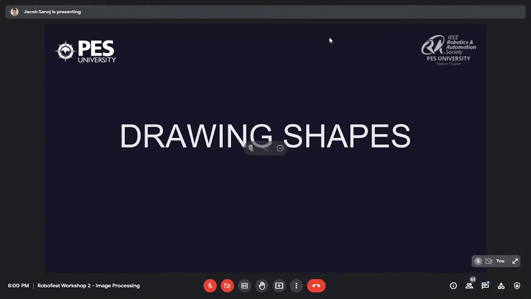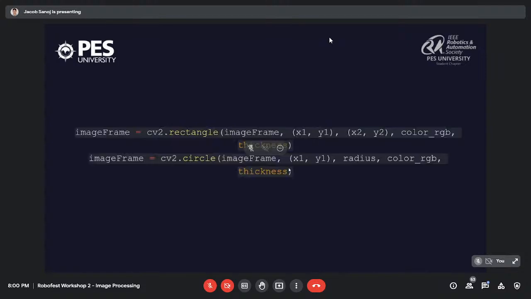So then you can continue with your code, knowing that whatever is there till then is working. So here you have image frame equals to cv2. The first two lines are basically one single function: the first helps you create a rectangular box in your frame, and the second creates a circle. In the rectangle function, the first parameter in cv2.rectangle is the image that you want to pass, and then x1 comma y1 is the coordinate of the top left corner of your